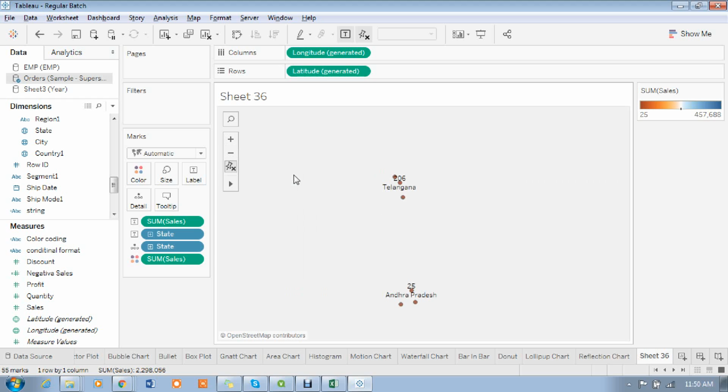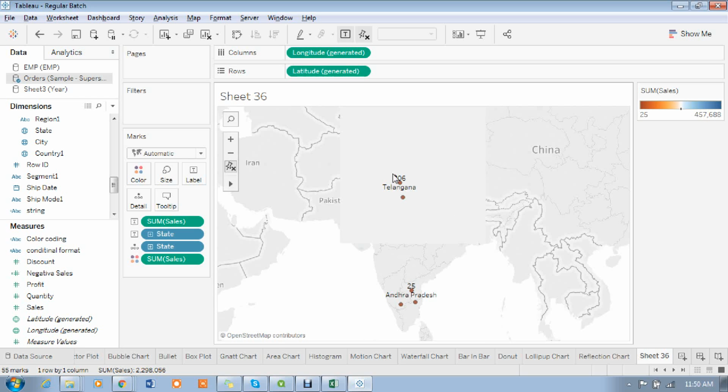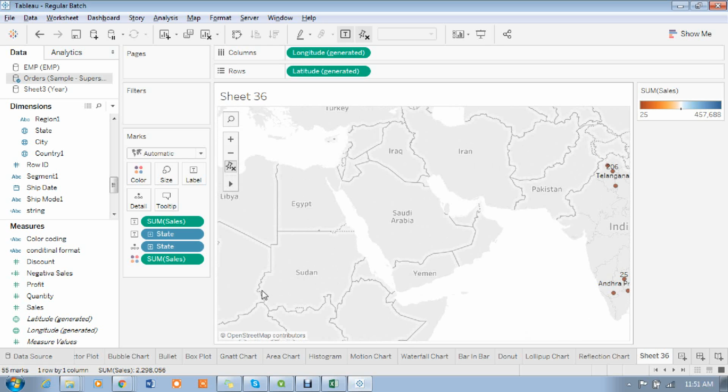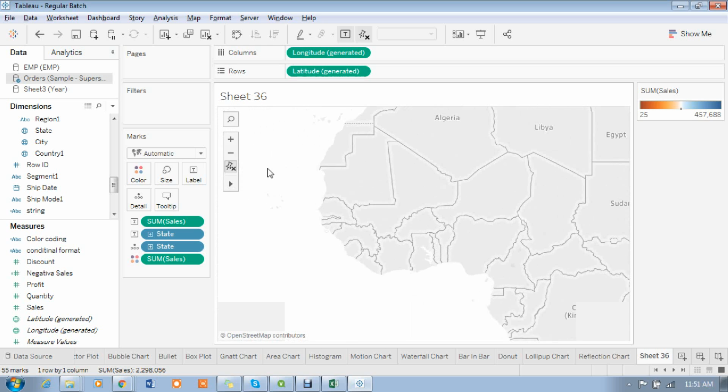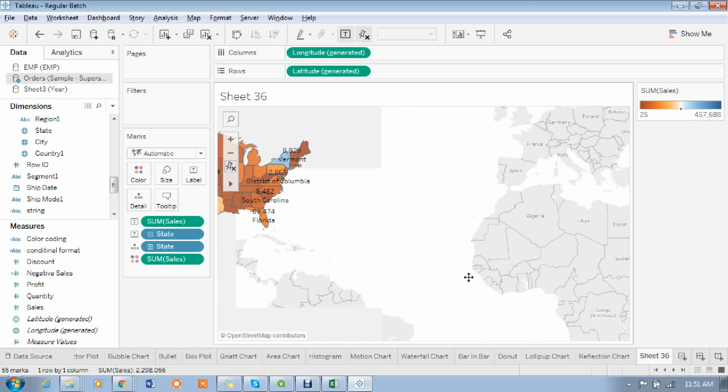If I say India country, madam, then it automatically identifies within India. So the country is different, but the states are not different, so it is not identified. This way also we can manually enter the longitude latitude values, madam.